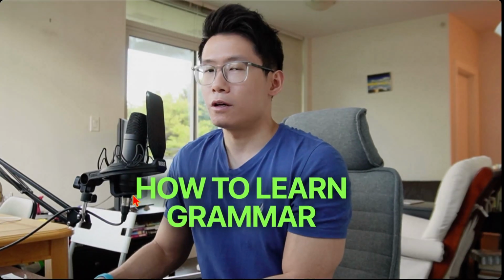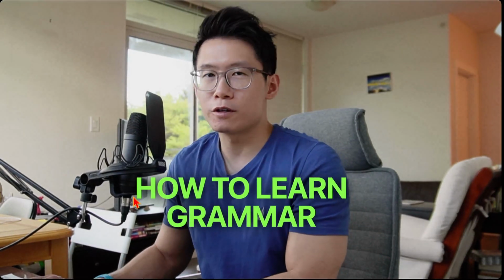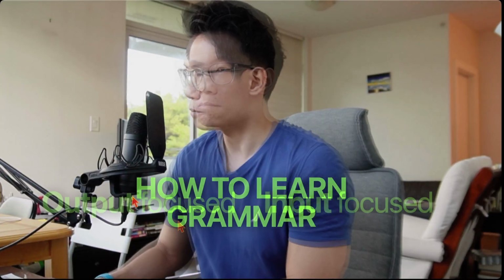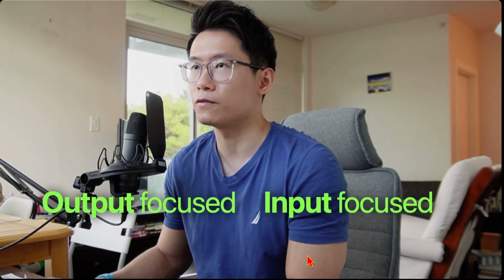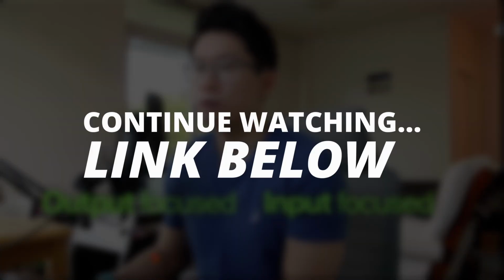Okay, now we talked about why we have to learn grammar. Now let's talk about how we can learn grammar. First, there is the output-focused method, and then there's the input-focused method. Most of us are familiar with the output-focused method. For example,